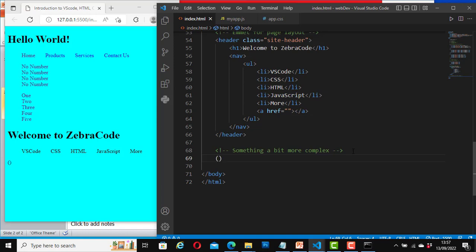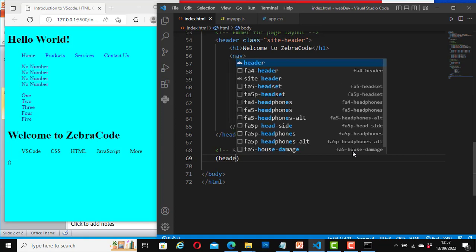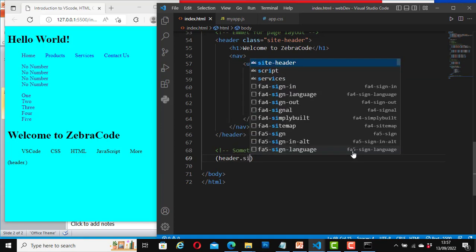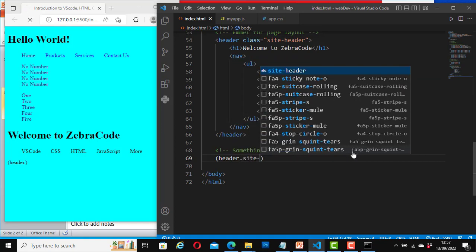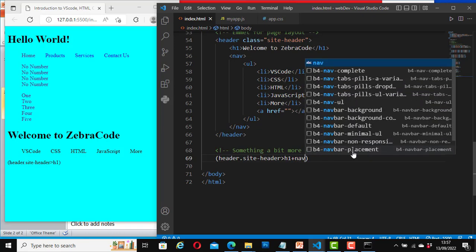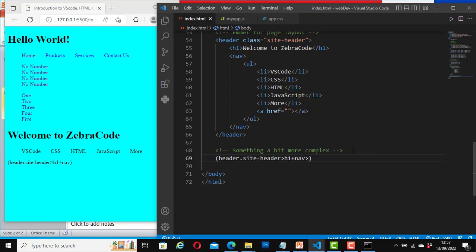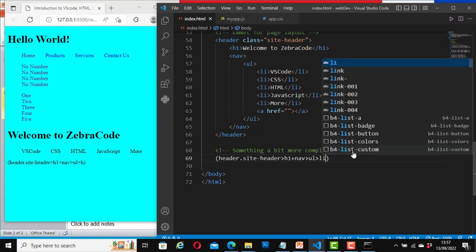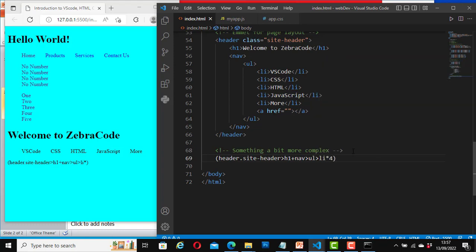Open and close the bracket: header.site-header>h1+nav>ul>li*4>a, plus open and close the bracket again,